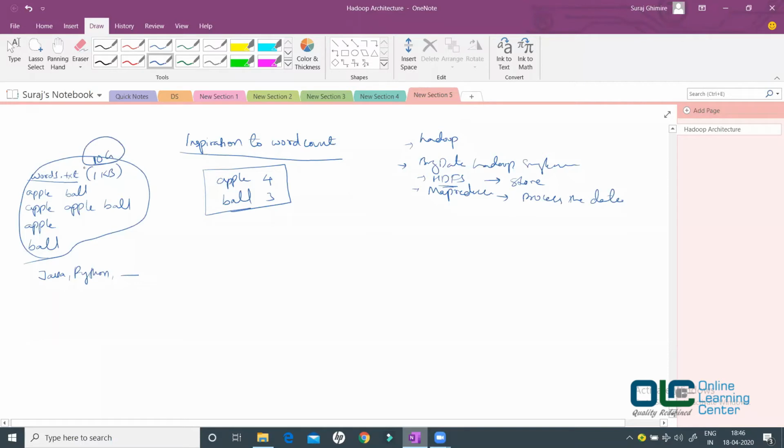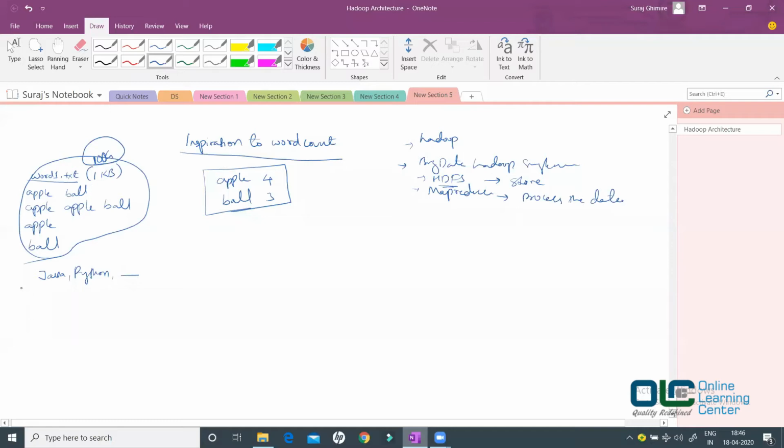Then you'll have to solve this problem in a distributed approach so that it can be solved really fast. What if this file has a size of 100 gigs? Then you talk about big data and MapReduce. So in order to understand the working principle of MapReduce, we will start with this word count example.